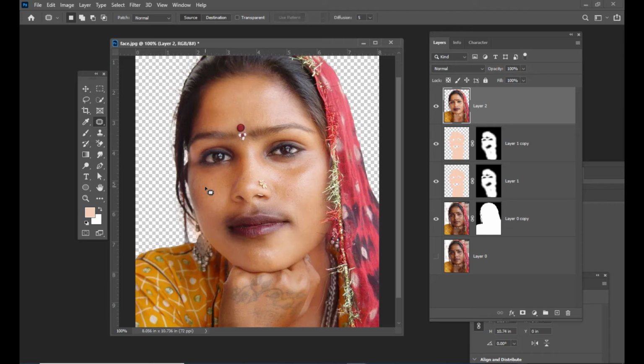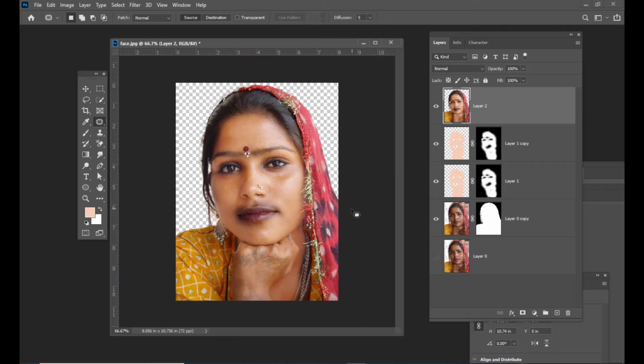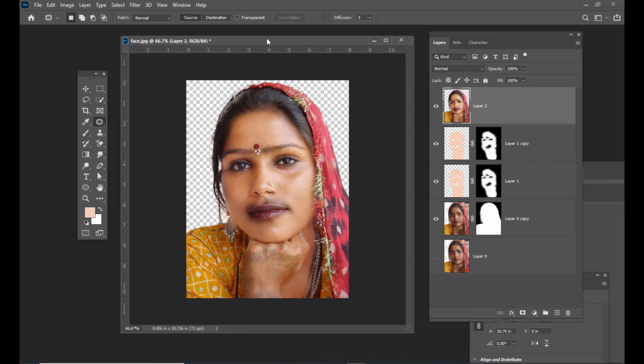We want the details to be intact. Right. So once we have removed some of the pimples and marks or blemishes,